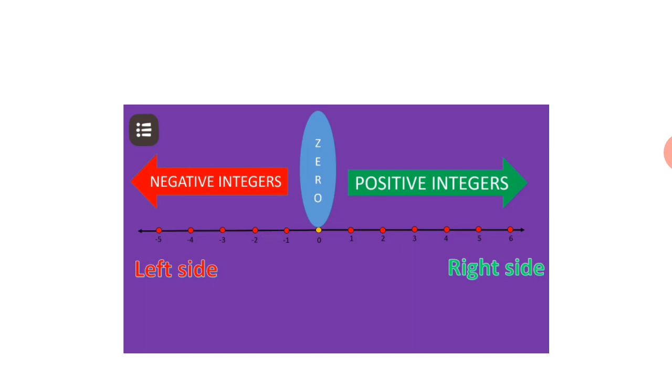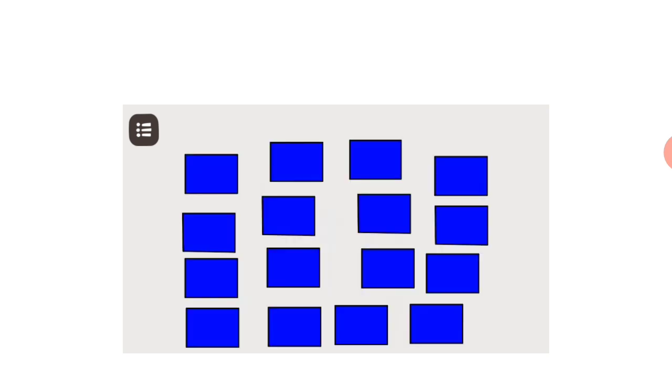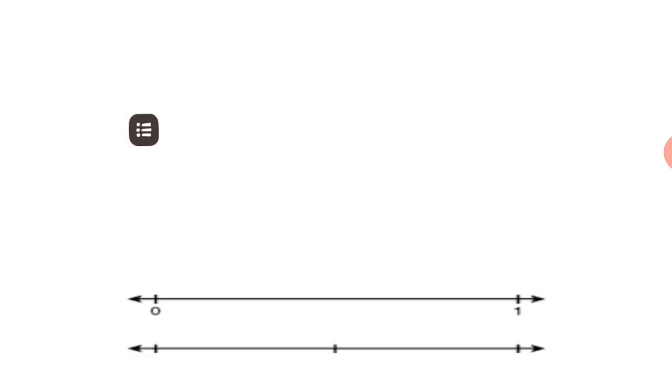Next, one rectangle paper. The paper is divided into many parts: 1, 2, 3, 4, 5, 6, 7, 8, 9, 10, 11, 12, 13, 14, 15, 16 parts. Now one paper is 1; at 0, there is no paper, so one rectangle sheet, only one paper. This 0 and 1 we mark on a number line. In between, what rational numbers are there? 1/2. Between 0 and 1 is 1/2.